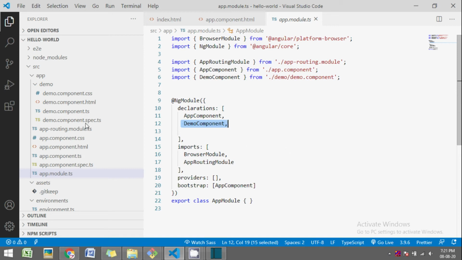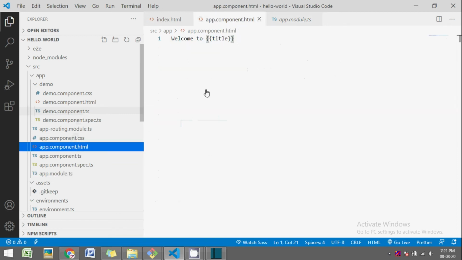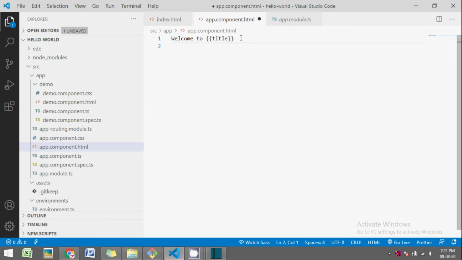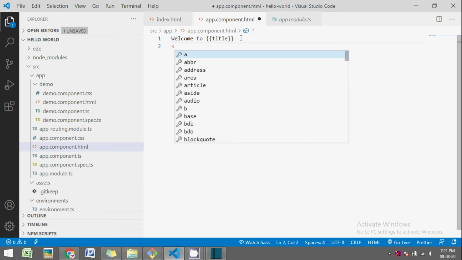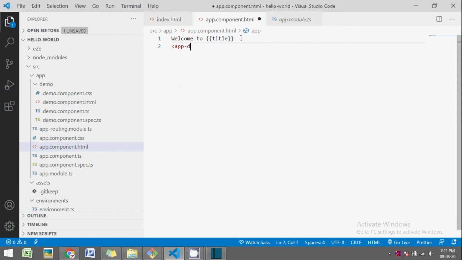Now to include this component in your HTML, we just add the custom HTML tag that represents the selector. So go to app.component.html, which represents the view for the app component and which is the root component in our application. Just add the tag app-demo with opening and closing tags, which represents our newly added component.